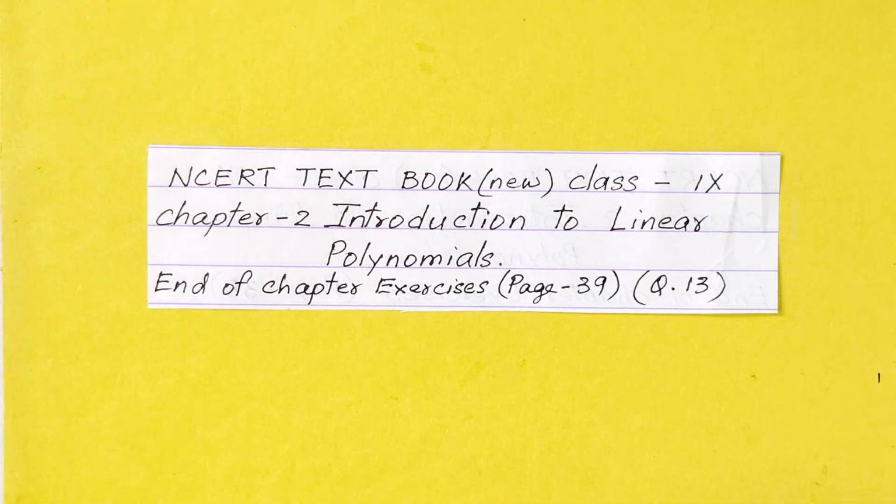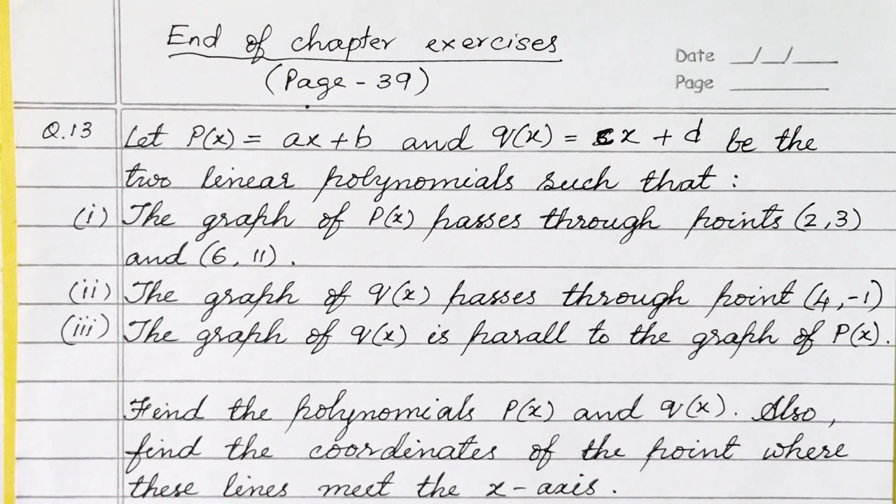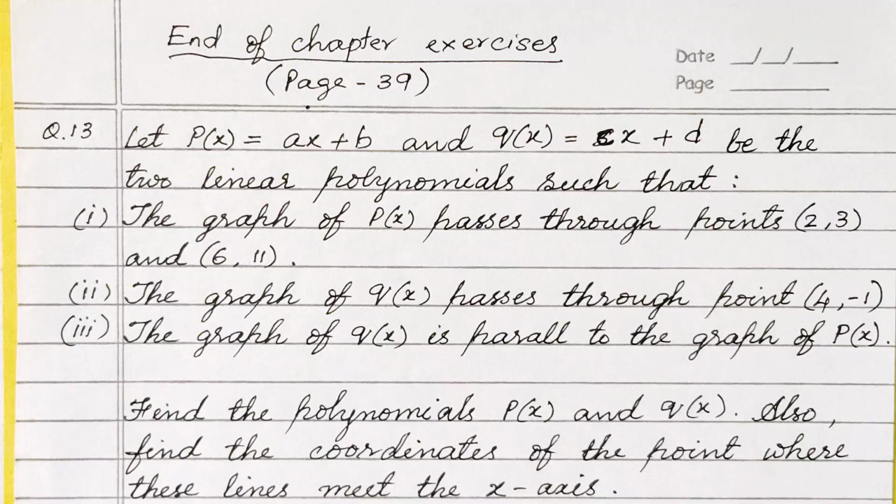In this class, we'll solve sums from NCERT textbook, class 9, chapter 2, Introduction to Linear Polynomials, end of chapter exercises. It's on page number 39, question 13. The sum says,